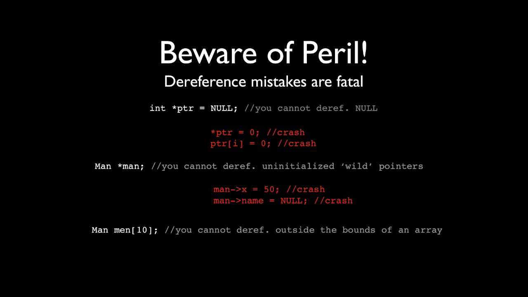Also, this is a very, very common mistake. You cannot dereference outside the bounds of an array. As I told you, using square brackets actually dereferences a pointer when you're working with an array. If you go outside of the bounds, you will likely crash. Not always because of things about paging and stuff, but it's a bad thing to do. Remember that the 10th item is actually the 11th one because 0 counts, and that will also cause a crash. So that's a mistake.